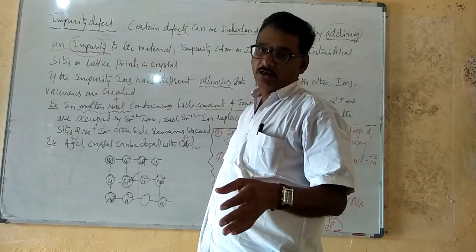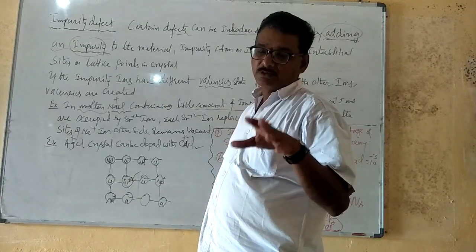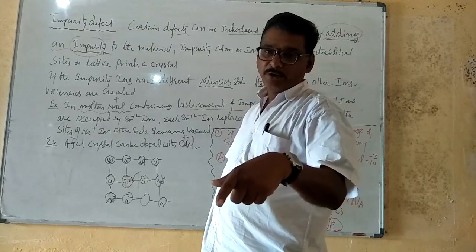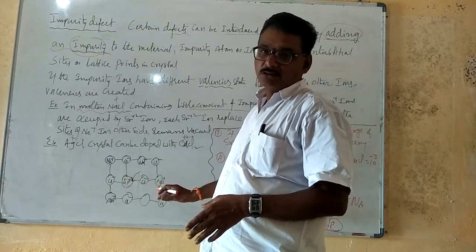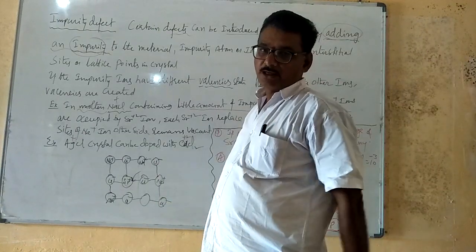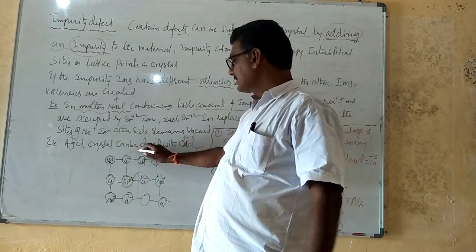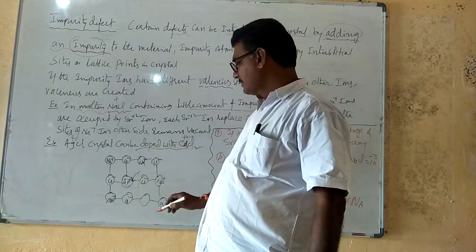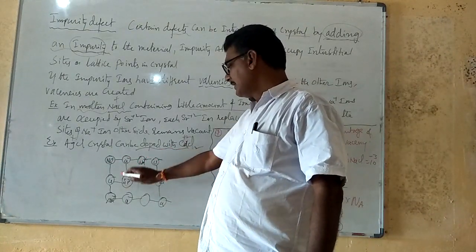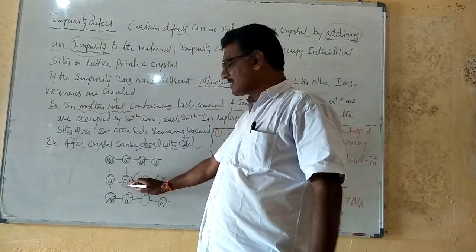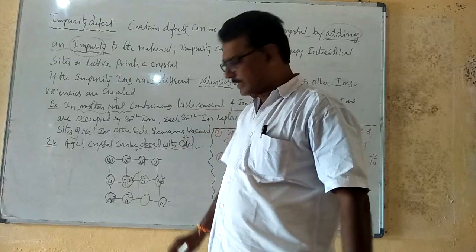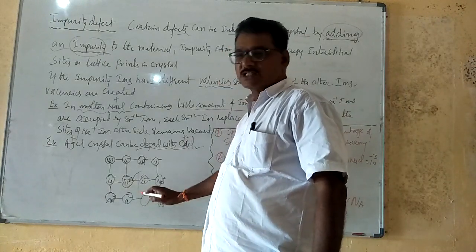What you can understand is that when a small amount of impurity ions is doped into the crystal lattice, a vacant space is automatically created. In the same way, when an AgCl crystal is doped with Cd plus 2, with Ag plus Cl minus, Ag plus Cl minus, Cd plus 2 joins in that place and one vacant space is created. Wherever the vacancy is, no problem, but I am putting it here.